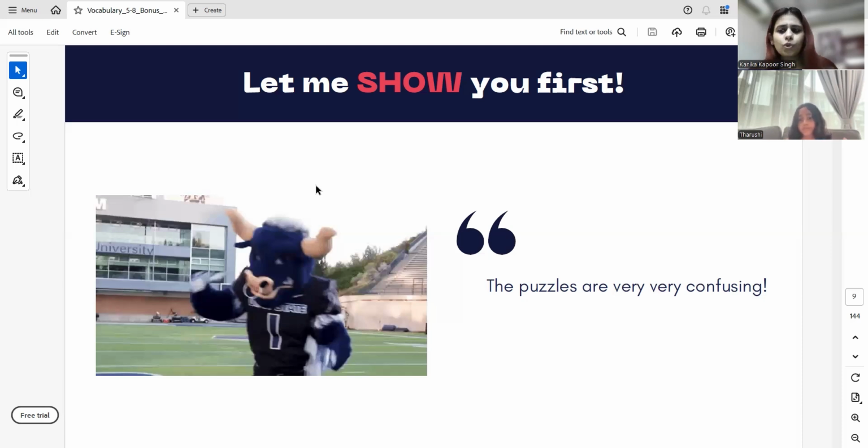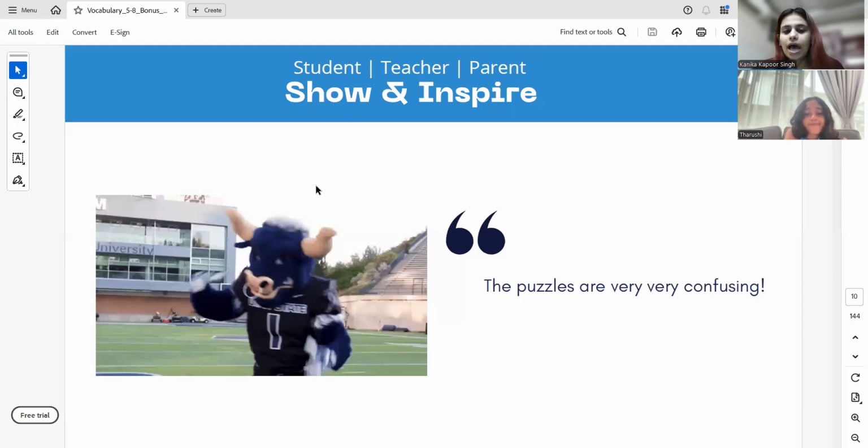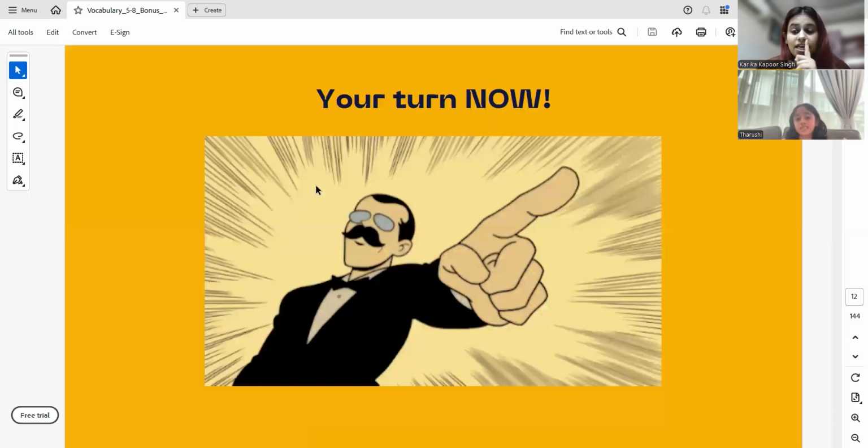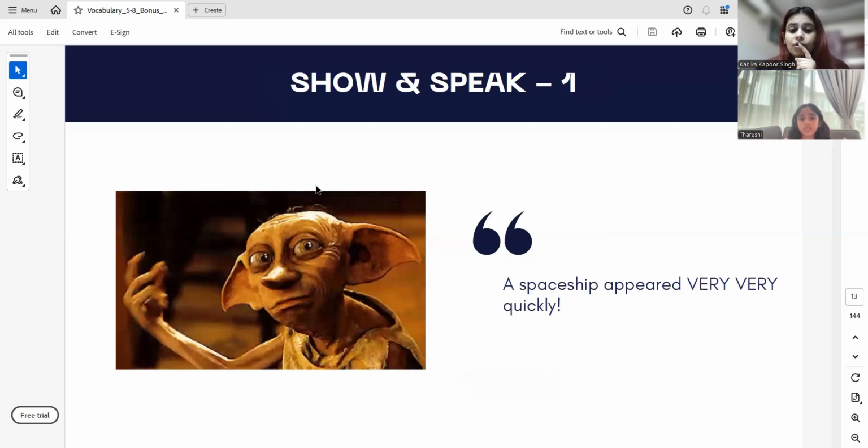If you don't know, you can say very confidently, "Ma'am, I don't know." Okay. So again, the puzzles are very, very confusing. Show it like this now. Confusing means, oh, I'm thinking. The puzzles are, you know the meaning of confusing, I guess, right? So for confusing, what expressions can we give? I can give this expression. The puzzles are very, very confusing. What expression can you give? Like this. Yeah. So here, in place of very, very confusing, you can write,